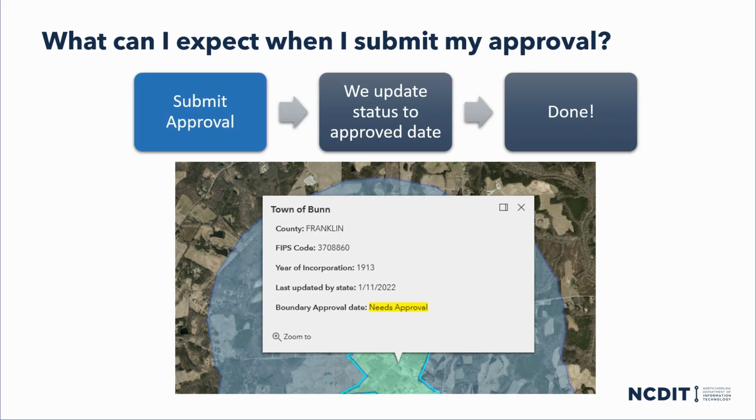So here's what happens with the overall process. If you submit your approval, you say, hey, everything looks great, we'll update the status, and you're done. So if you click on your jurisdiction, you'll get a pop-up like this. It'll show you when the last approval was and the status of your jurisdiction right now. So if it's been a year, longer, if it's been a month or so, you can go in and say, yeah, things continue to look good. That lets us know things look good for y'all, but it also updates our contact information. So if there's turnover in your office, let us know who the contact person should be. You do it on the approval form.